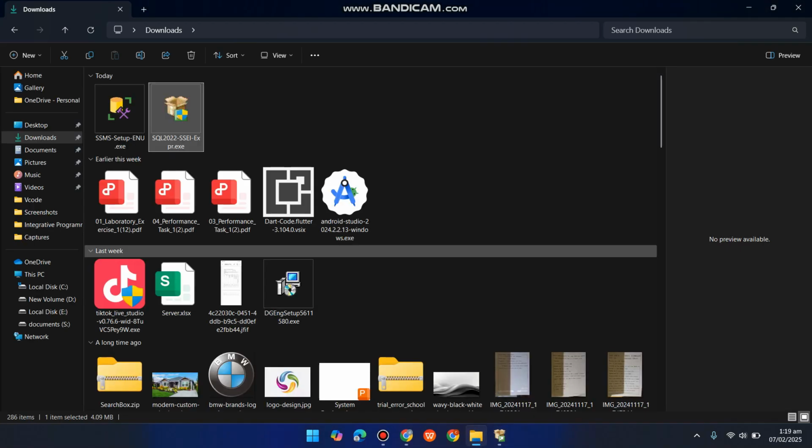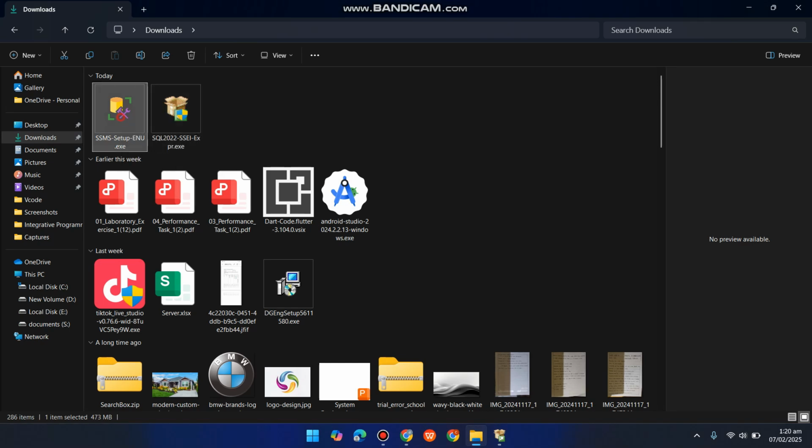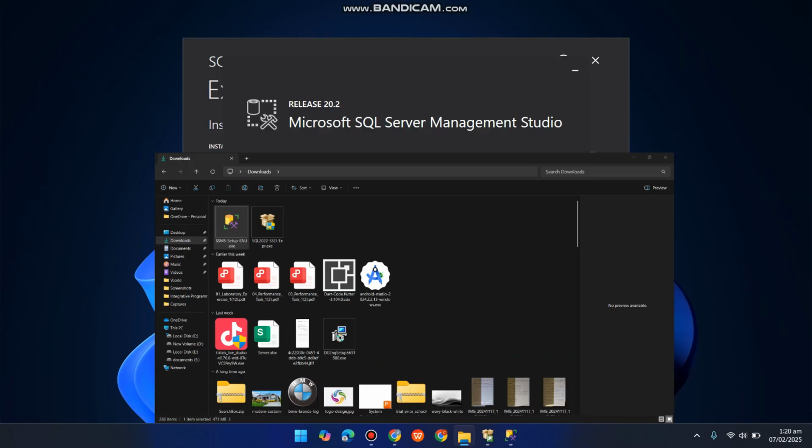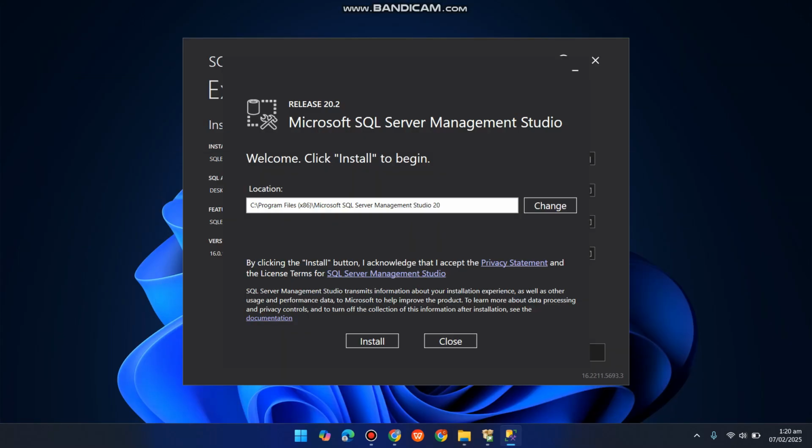So go to your file and find the downloaded file and click on that and accept the permission from the admin and click on install. Keep it the default location if you prefer.